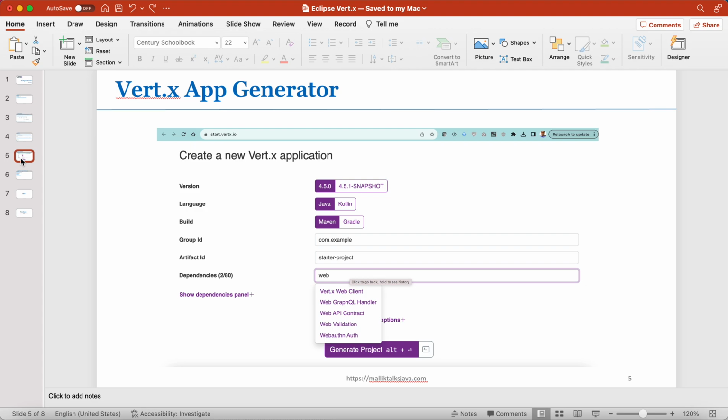So in this video, as we discussed earlier, I'm going to show how we can develop an API using the OpenAPI document. For that, first we need to generate the reactive Vert.x application. The Vert.x application can be generated using the